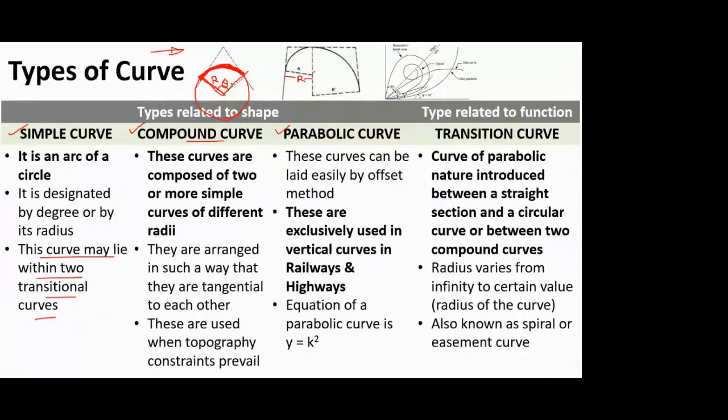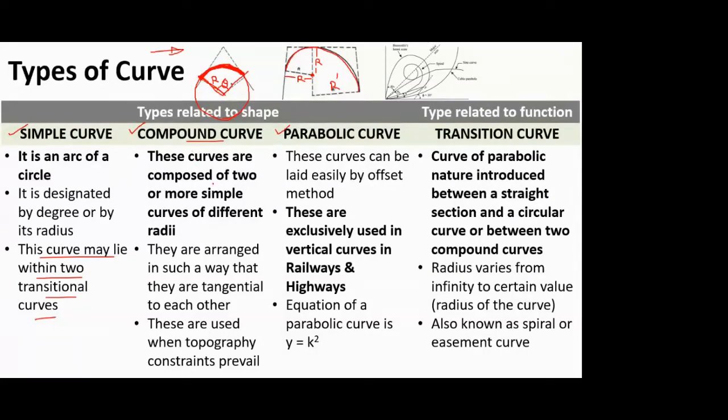So this is one circle, part of one circle, a circle which is having a radius r. So this is that one part of it, and I have joined another curve to one of the ends of this r, but that other curve is having a different radius, or it is part of a different circle which is having a radius r dash. So when I have these kind of curves in my alignment, those are termed as the compound curve.